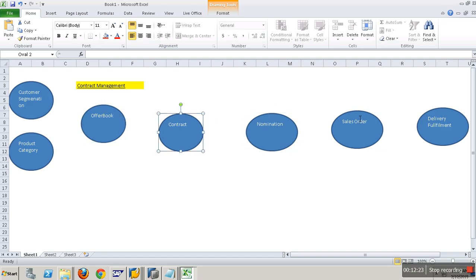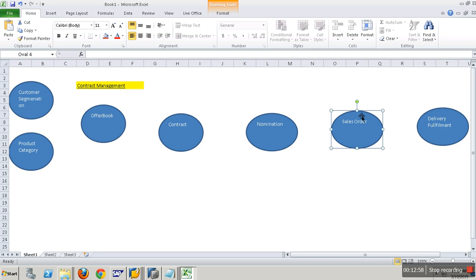This is a standard extractor. Through the standard extractor I can extract my contracts and sales orders. When I use 2LIS_11_VAHDR or VAITM, I will get the sales document header and item. Does it give you contracts or orders? Both. But how do we differentiate which is contract and which is order? Based on document category. In the VBAK table you have something called document category, VBTYP, which tells you the sales document type, whether it is a contract or an order. With that you can differentiate and load into 2 different DSOs. You have a single data source. Based on filtering on the document type, you load contracts to one DSO and sales orders to another DSO.